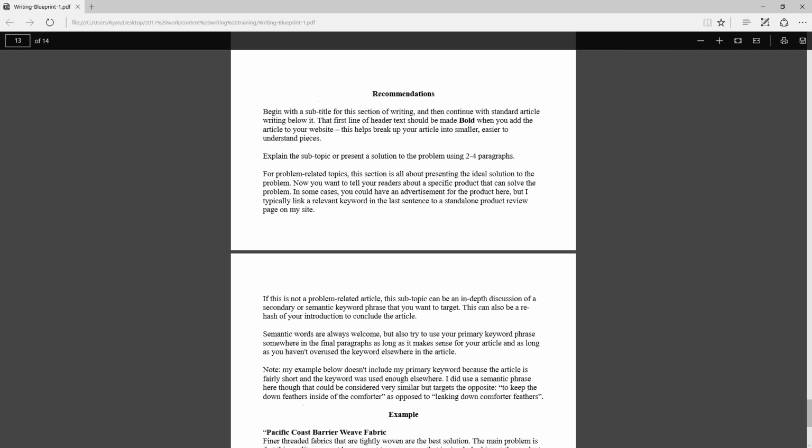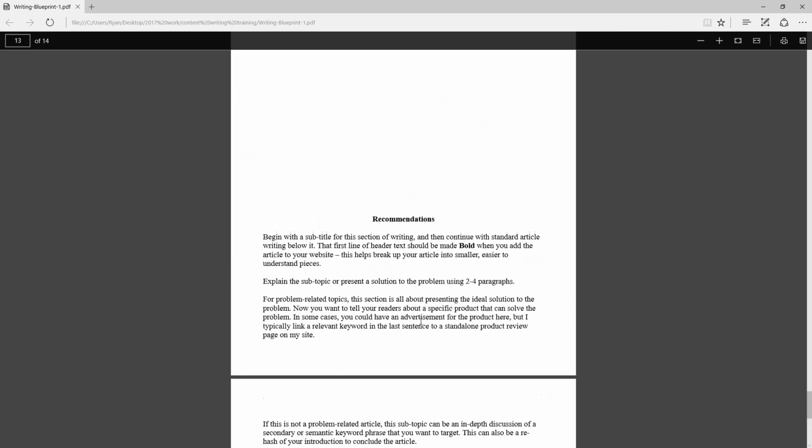So that's what the goal of this conclusion is, to wrap everything up. Based on everything that I've been talking to you about so far in this article, what is the next best, most logical step to try to get the reader to take?